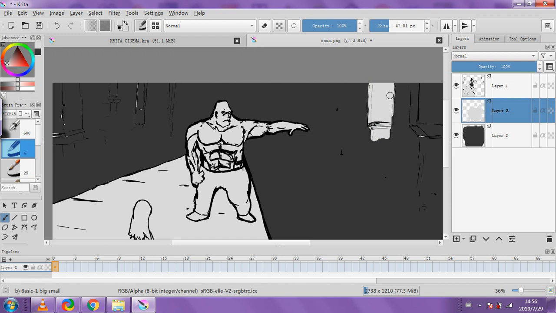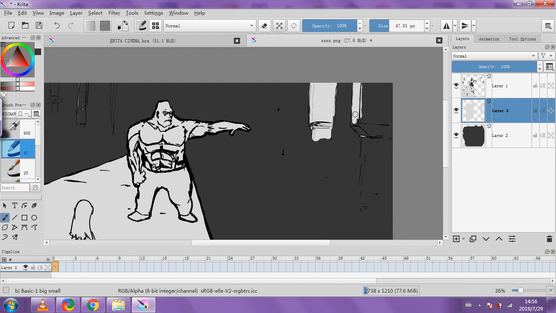Doing these structures. I know they're very light, guys, sorry, very light, but they're going to be darkened. In fact, this is already going to be dark, and it's going to be even darker because that's going to be like that.